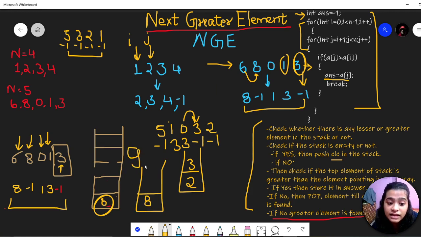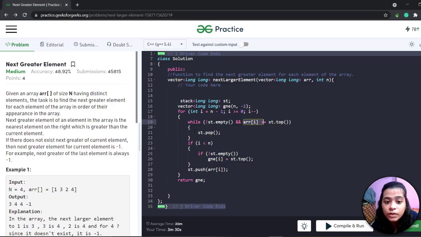So 9 is greater than 8, so we cannot find a next element for 9. So we will pop out the elements from the stack. And if the index is less than the size, then we will perform these operations. We will check if the stack is empty or not. If it is not, then we will store the stack's top for that index.